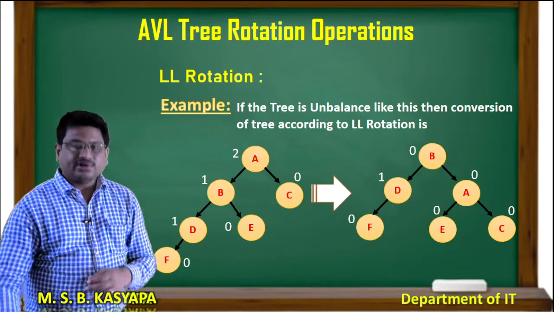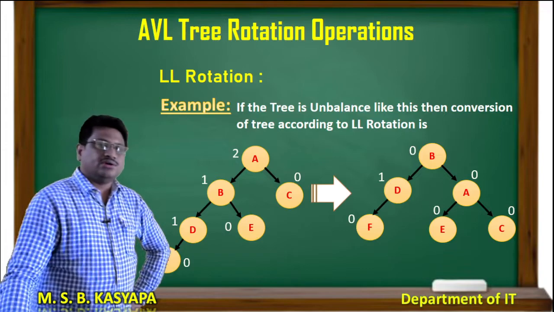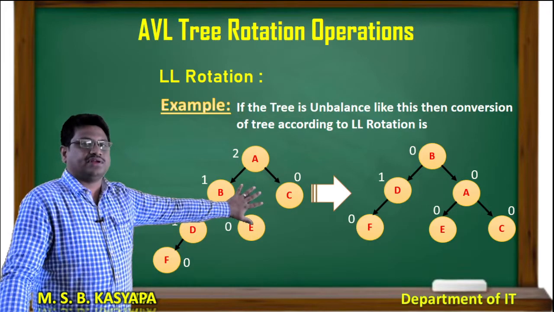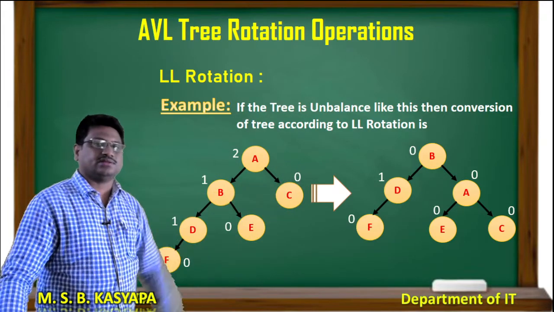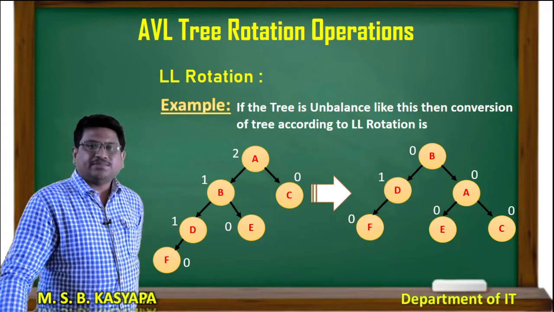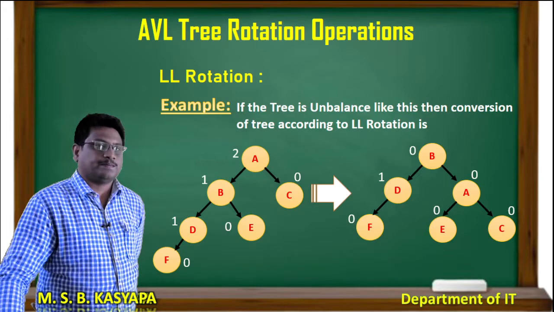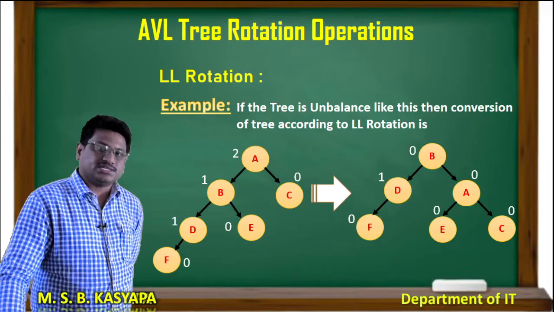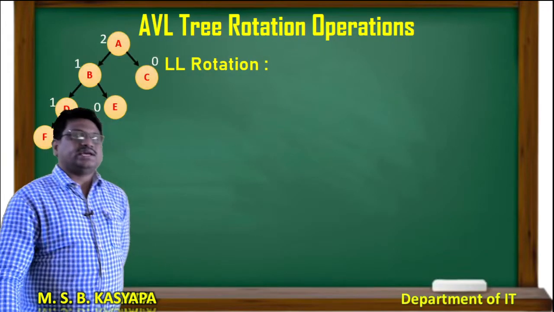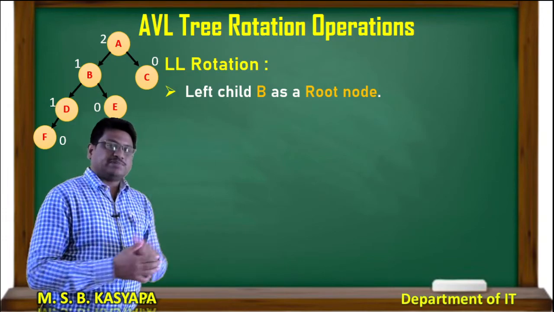So, if I convert a tree like this, if I want to do a rotation in this tree, the final outcome is like this. Now, if you see here, each and every node has a balance factor of 1 or 0. So, I can say it is an AVL tree. Now, it became a balanced BST. Okay. Let us take another example. Let us move on, and once again I will explain this process.